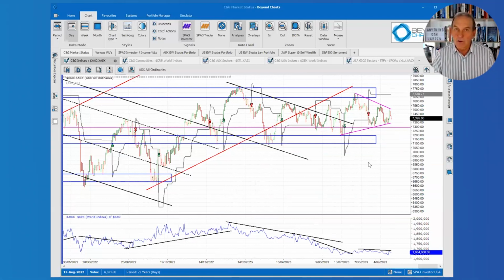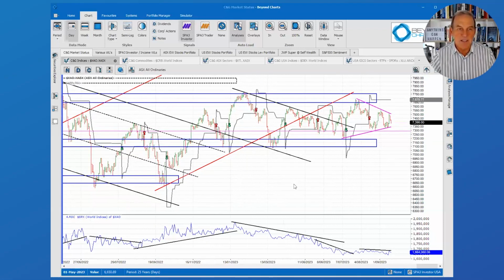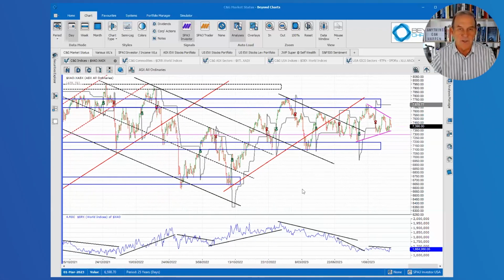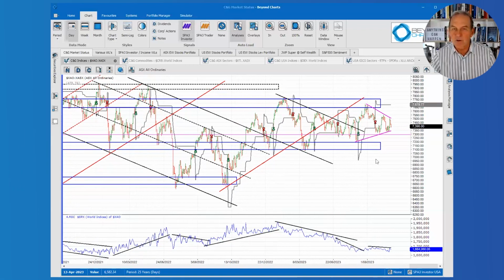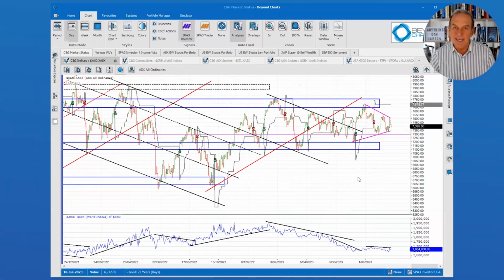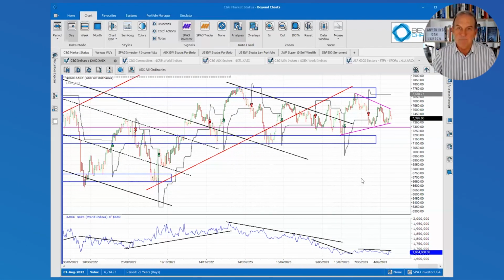Okay, looking at the All Ordinaries now in Australia, a bit of a symmetrical triangle formed over there as well. We've got higher lows and lower highs. The apex looks like it's still some way off over here. It's not as close as the US markets, but we do have the Australian market underperforming the S&P 500. That's what this blue ratio line, the relative strength line, is showing us over here. And the sideways market, this dog's breakfast, continues on the All Ordinaries and has been going for over 2 years now. So what is the direction of this symmetrical triangle? Well, basically sideways. So it's nowhere near as meaningful as the symmetrical triangles that we saw on the US indices.